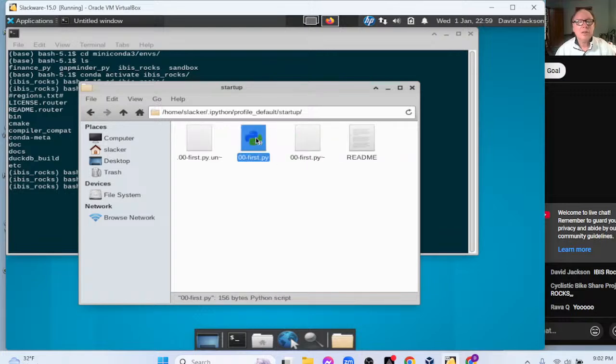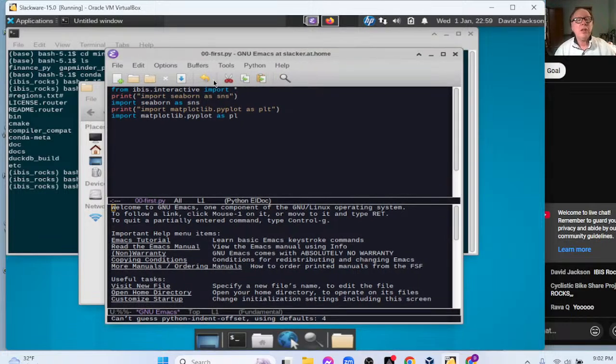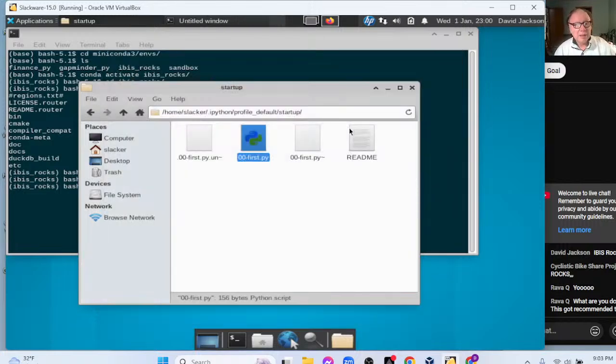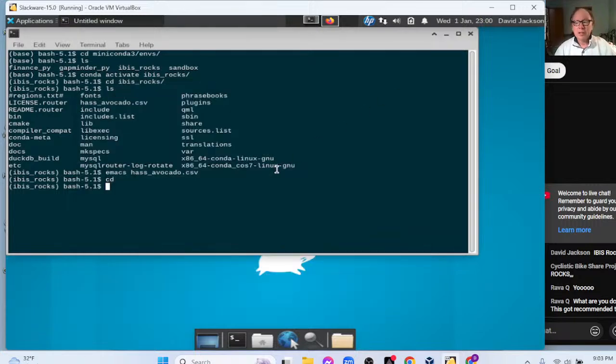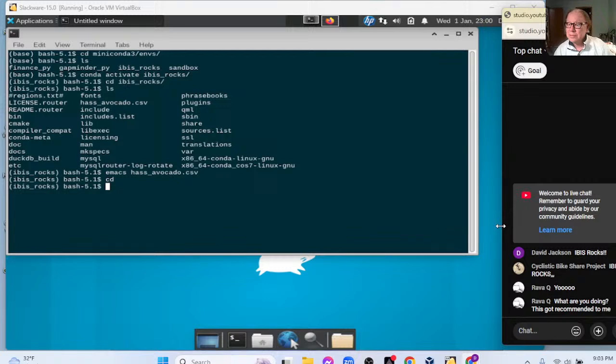Under the .ipython directory, you can set up a config file to preload things, and the only thing you need to preload is this, because that takes the place of several other import statements, like the ibis lib and stuff like that. Then we just simply load our two plotting libraries. Now tonight we're actually going to be using Jupyter.